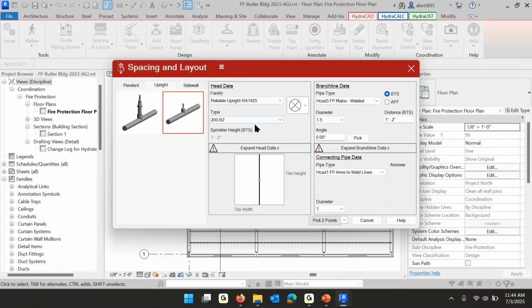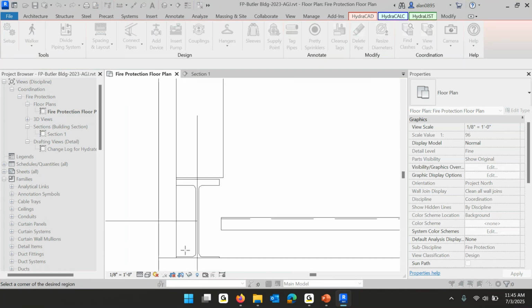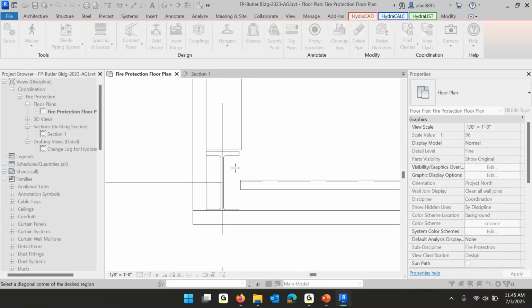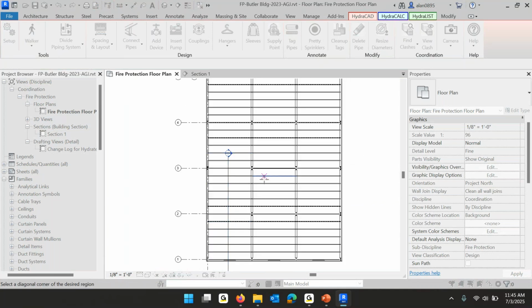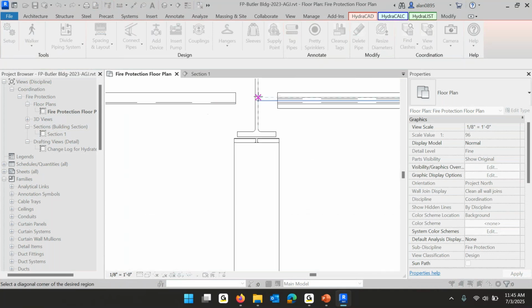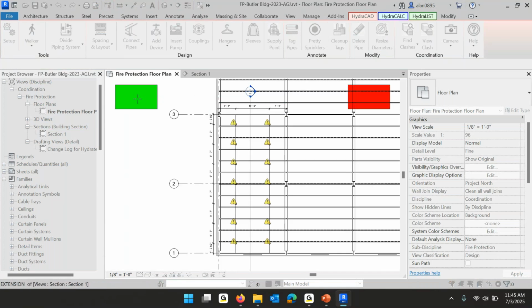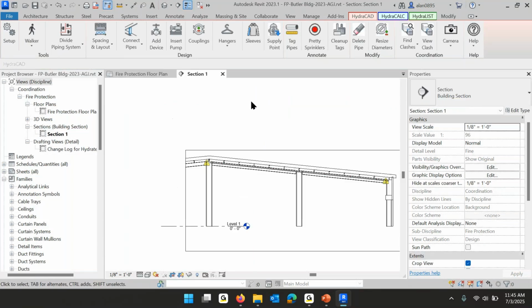And I've got my heads, my spacing. This said I screwed up. I made the branch lines FP mains welded. Shame on me. I'm going to make them lines, redo that, lines welded. And then everything else I think is fine. I'm going to be a little bit quicker, but just as careful and pick those two very important points. And then finish and recheck the schedule, recheck the